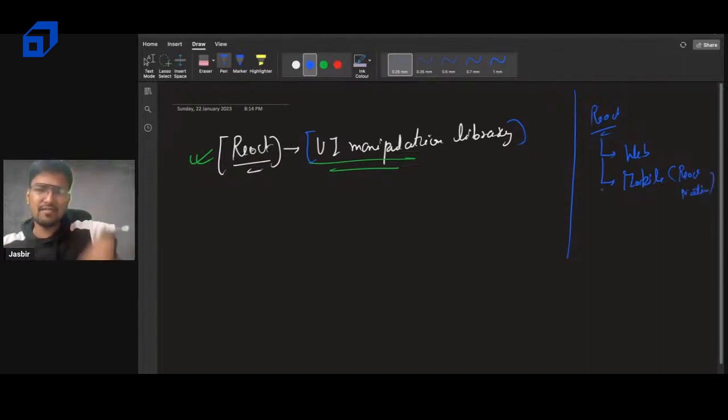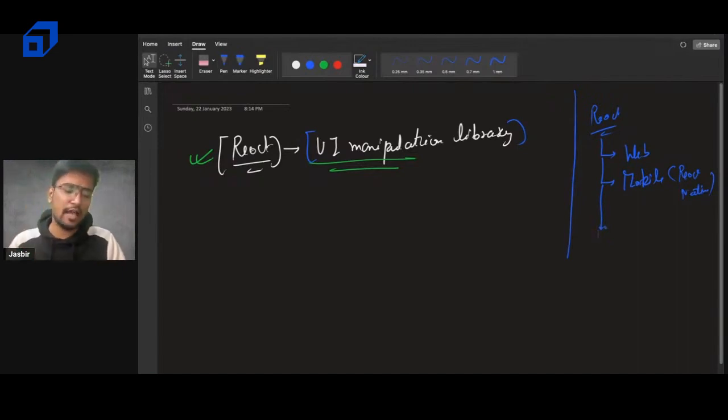And it can work anywhere, other places also, like desktop applications or AR/VR applications. So it is majorly used for UI manipulation. And secondly, if I talk about React DOM,